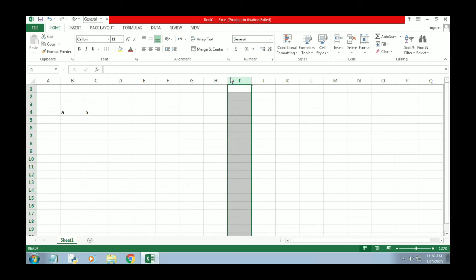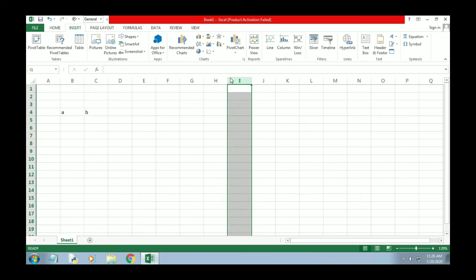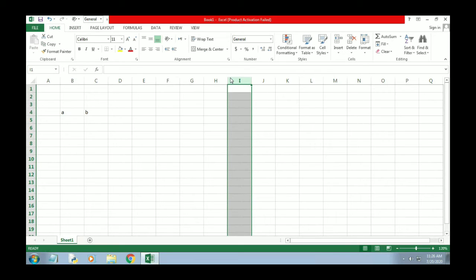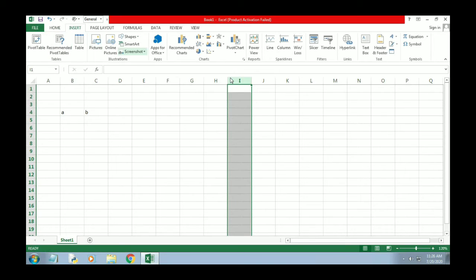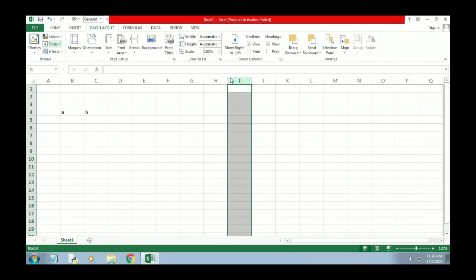Suppose we have different tabs, then we have commands on the ribbon. Now you can see I have clicked on the Home tab, then these commands are different, and if I click over here on Insert, then these commands will be different. So these commands are placed on the ribbon, and they are related to the specific tab which we are using.